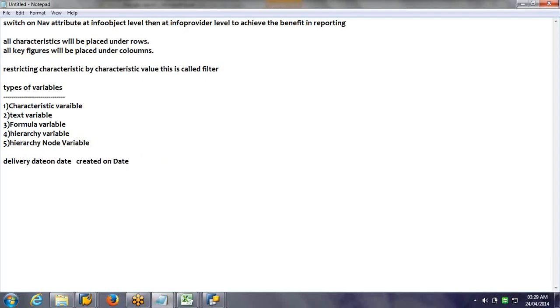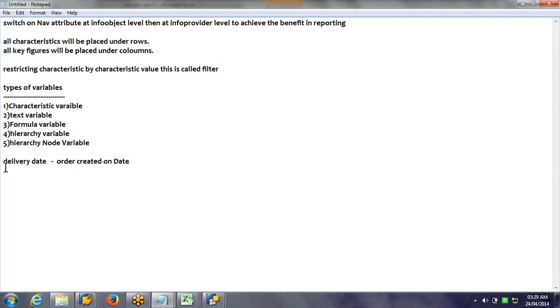There may be some data like this: order creation date, shipment date. So I would like to find out how much time it took from the day the order was created to the delivery. So I would like to calculate between this. So I want a formula like delivery date minus created date.